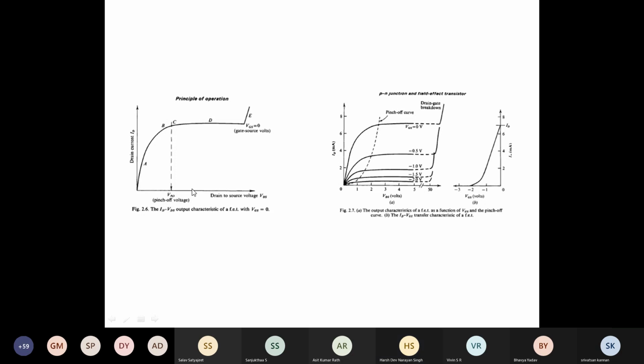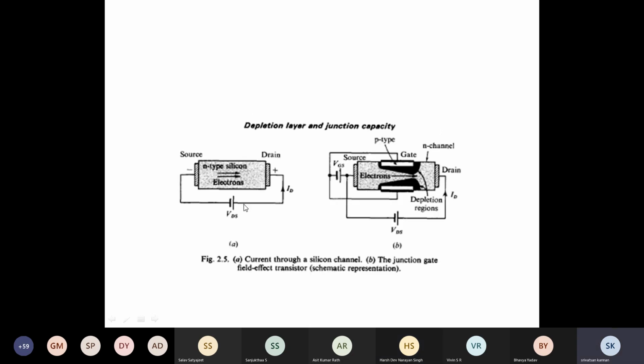Yes, sir. So you can consider this FET similar to your water tap. When you tighten the tap, what will happen? The water flow will get reduced, right? When you tighten that tap. Similarly, when you increase the gate voltage, the current is reduced. So it is equivalent to your water tap mechanism. When you increase the gate voltage, the current will reduce because